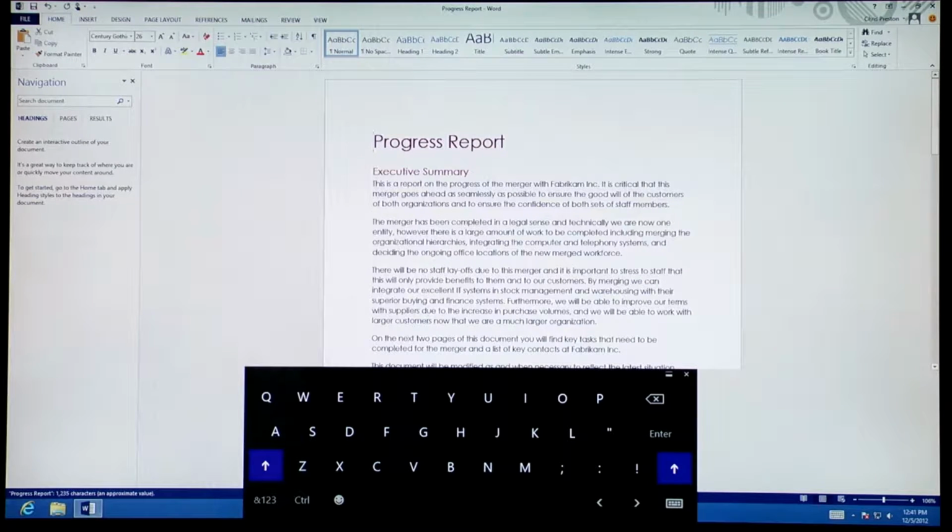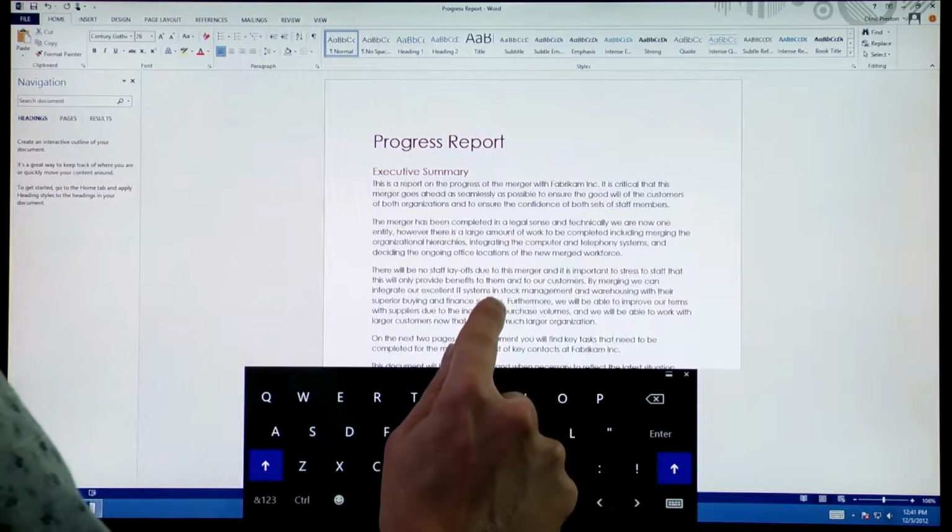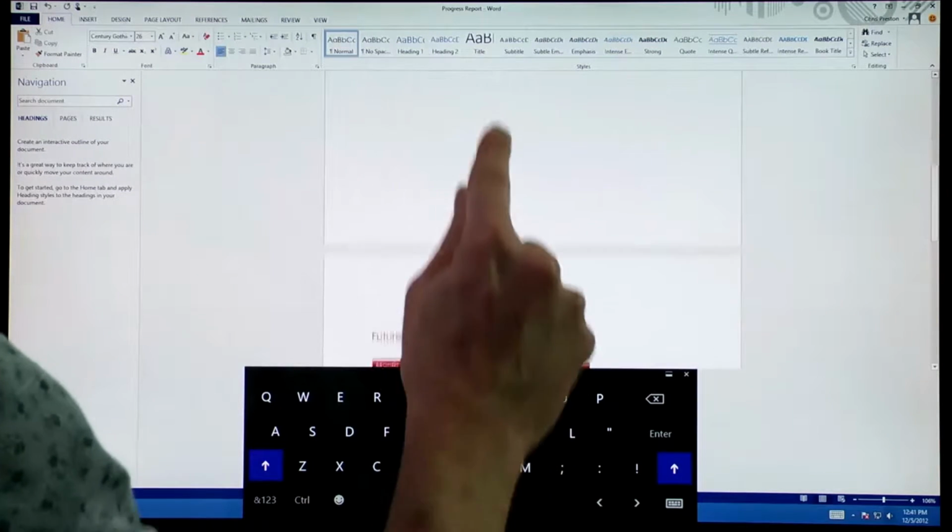So it's now brought it into Word. It's a true Word document. We can edit this. It's actual text. It's not an image of text. It's real text. And if I use another thing, we can scroll through this with touch, and we can see